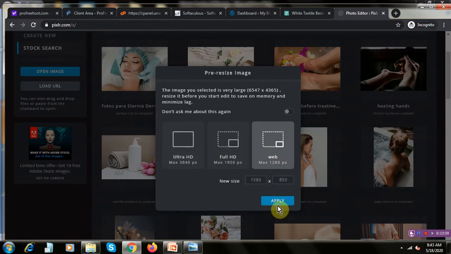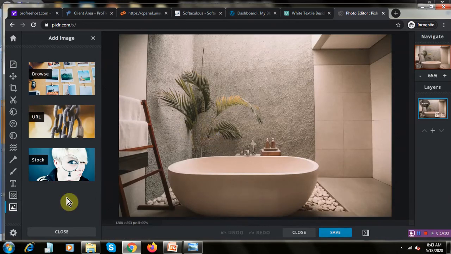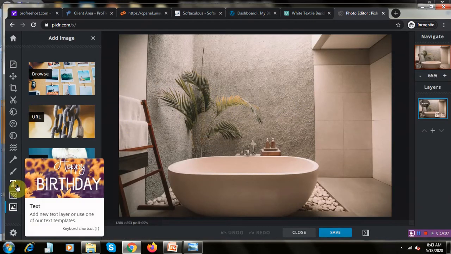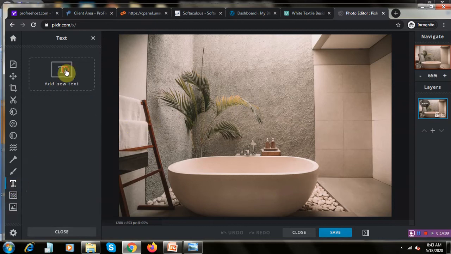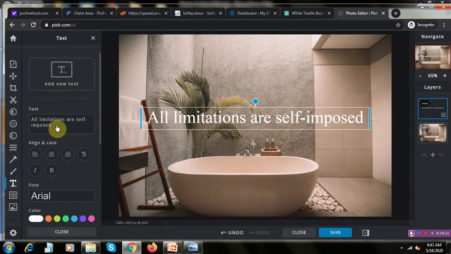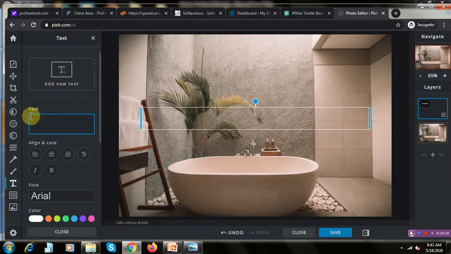Create new. I'll click on web, apply. So now I want to add, if you wanted to change any colors of it, you can. So add a text into it. Click on all limitations are self-imposed. This is what they have already given.